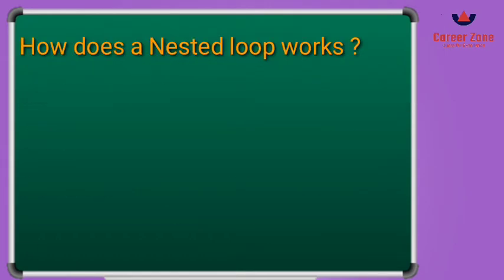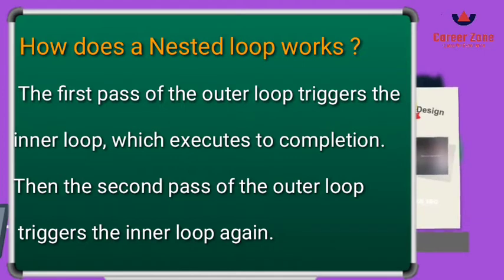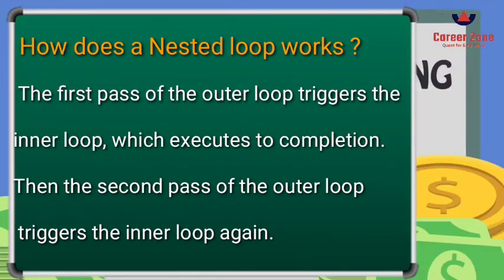So let's see how the nested loop works. First of all, the outer loop is written, in which the loop variable is assigned a value. So a value is assigned to the loop variable, and then it passes the control to the inner loop, and then the inner loop executes, or you can say completes its execution,